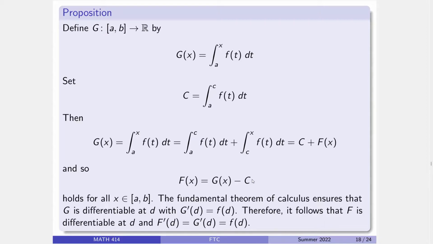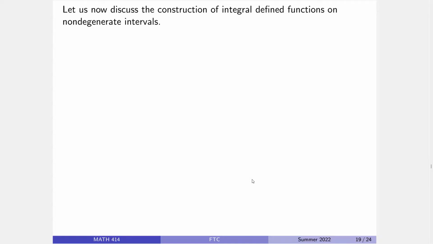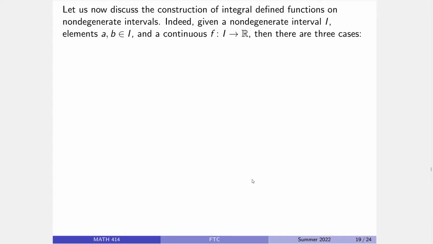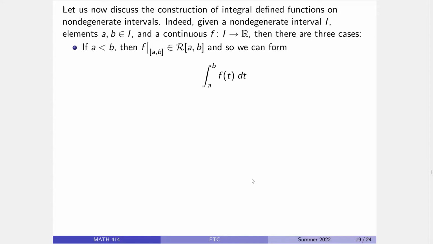Alright, so the last thing to set up before we get to the last big theorem here is the following. So, integral defined function. An integral needs a closed bounded interval to be defined, but it turns out you can always make it on any non-degenerate interval as long as you have some stuff to work with. So specifically, if I give you a non-degenerate interval and two elements and I need a continuous function, three cases can be considered. First, if a is strictly less than b, since f is continuous, if I restrict f to a to b, it's Riemann integrable, since every continuous function is Riemann integrable,